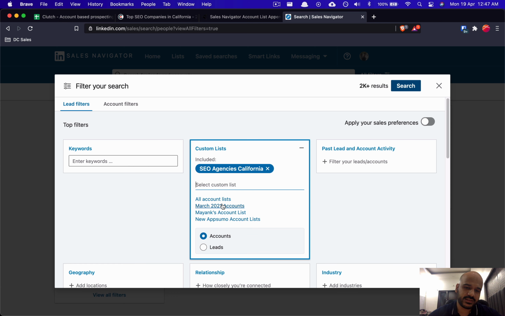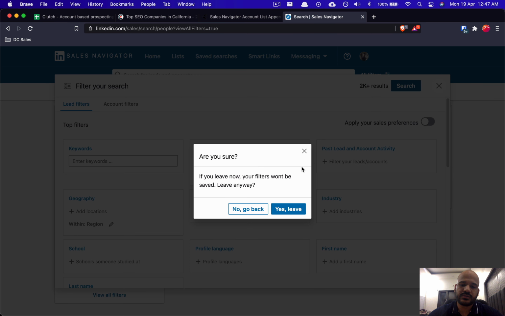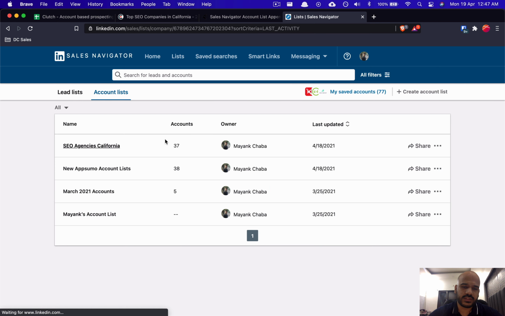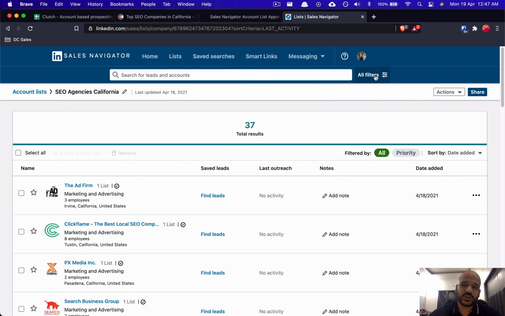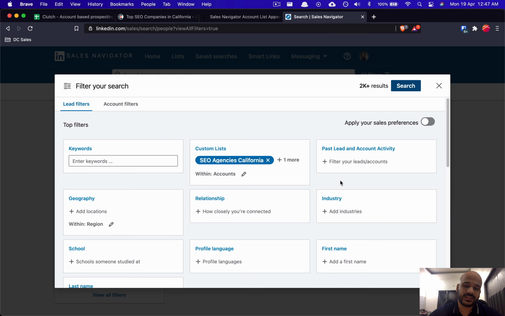So once you select this list as a custom list, what you're telling Sales Navigator is, I want to find, let's say, founders or people from these particular companies. So our account list consists of these 37 companies, which are the SEO companies that we scraped from Clutch. And when you use this as the custom list, you're essentially telling Sales Navigator that I want to find people